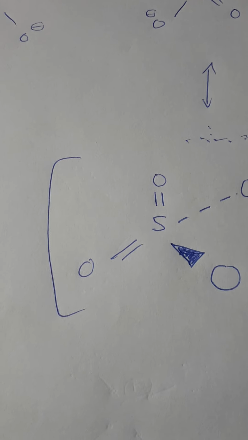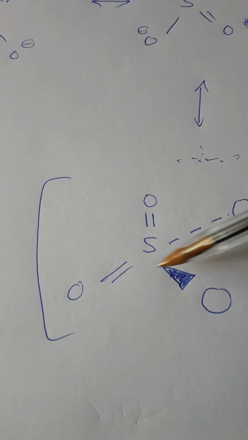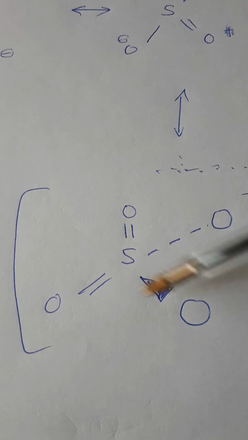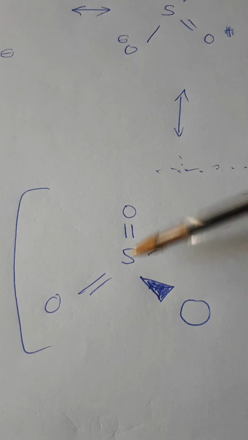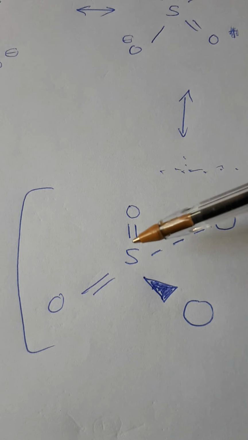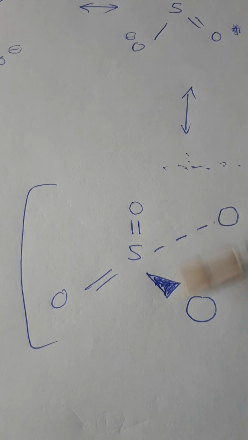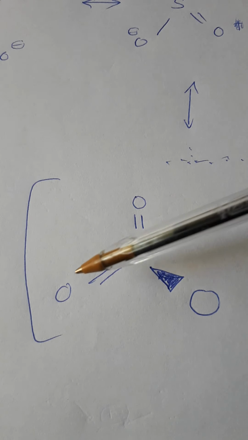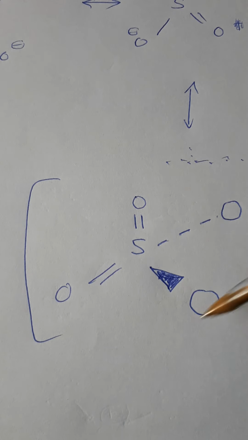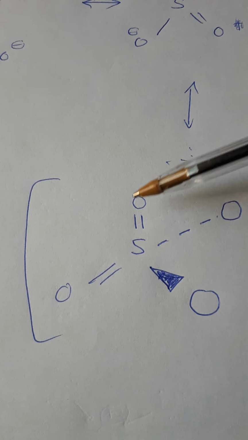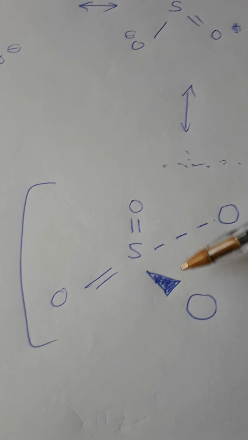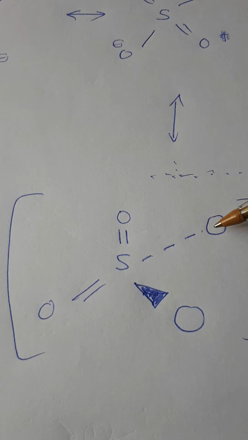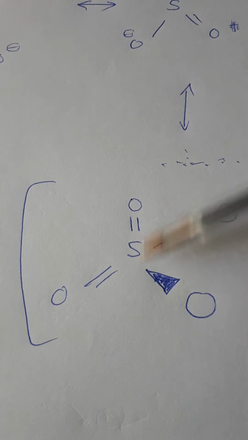And when there are 4 atoms attached to a central atom, the most possible arrangement is called a tetrahedral structure. Tetrahedral. So it will arrange the atoms in space like this. These 2 atoms are in the plane of the paper. So all these 3 are in the plane of the paper. 1 oxygen atom is coming towards you, 1 oxygen atom going away from you. This is how you draw that. So this is the tetrahedral structure of the sulfate ion.